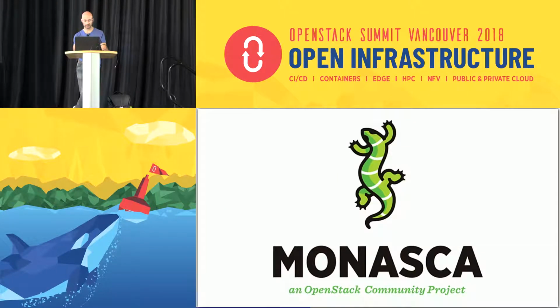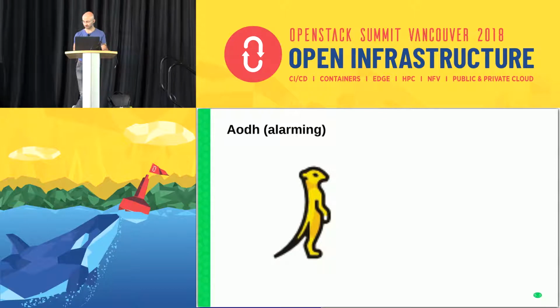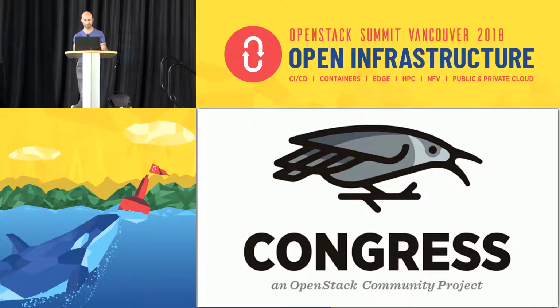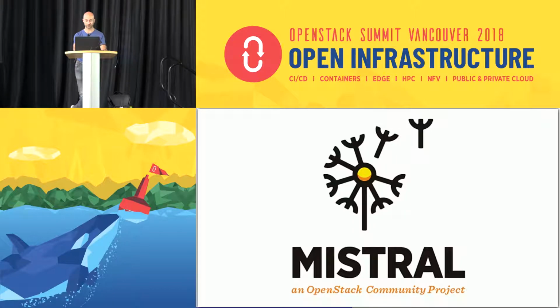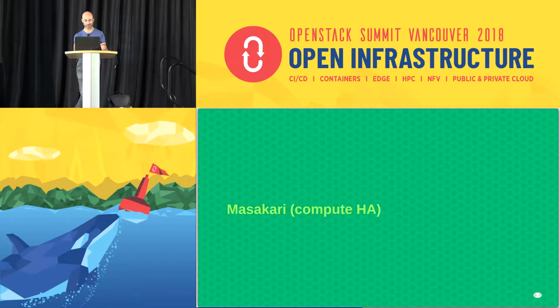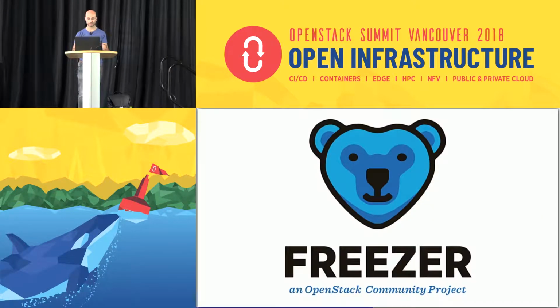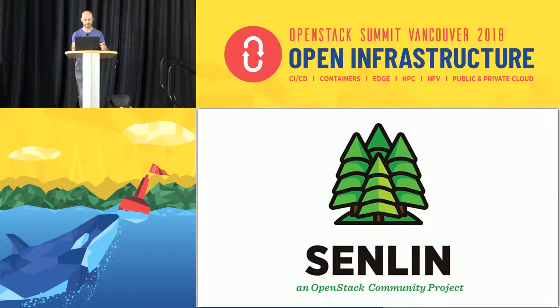So we have Monasca for monitoring. I couldn't find a better logo for it, for the mascot, but that's alarming. Congress for policy, Vitrage for root cause analysis, Mistral for workflow. I don't think Masakari for Compute HA has a logo yet. Freezer for backup and restore, and the Freezer DR has an alternative take on Compute HA. Senlin for